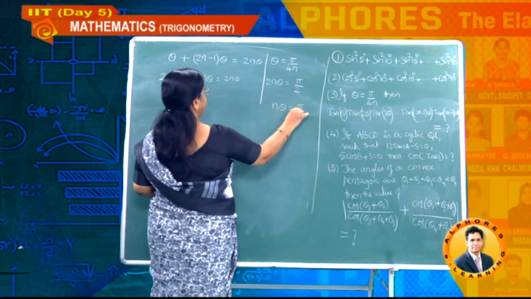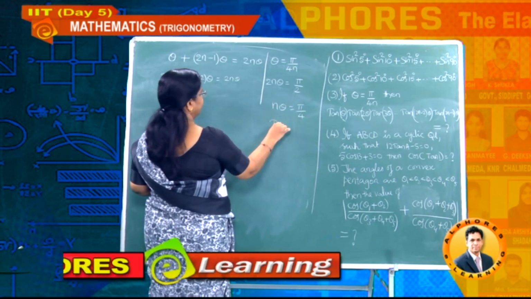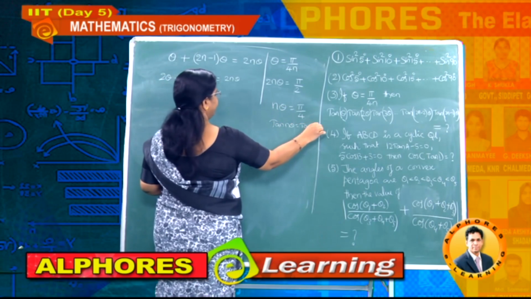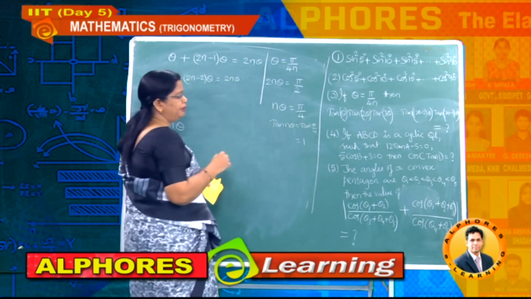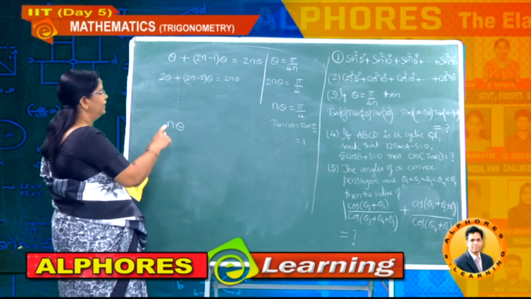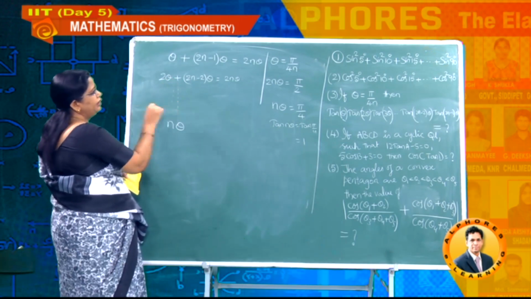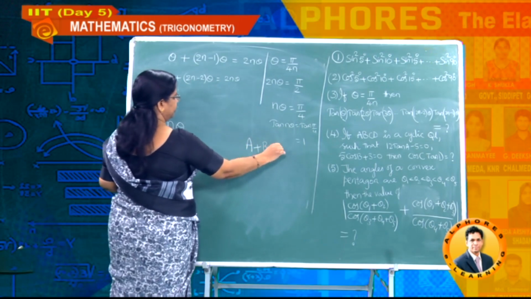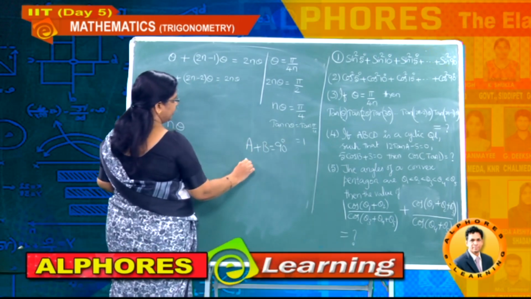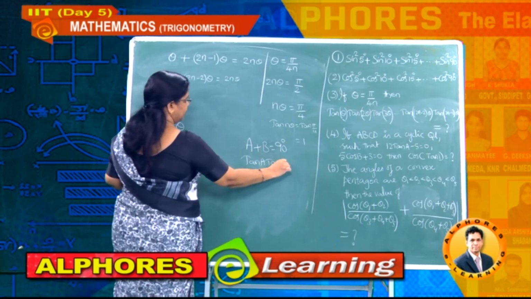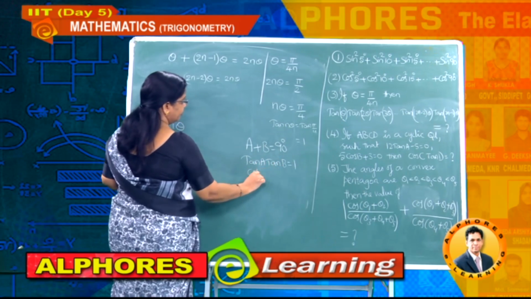It is pi by 4, and what is the tan theta value? It is tan pi by 4, which is equal to 1. So no problem at all, because the problem is a product. Hence you got all pairs equal to 1, using the formula: if a plus b equals 90 degrees or pi by 2, then tan a into tan b equals 1, or cot a into cot b equals 1.